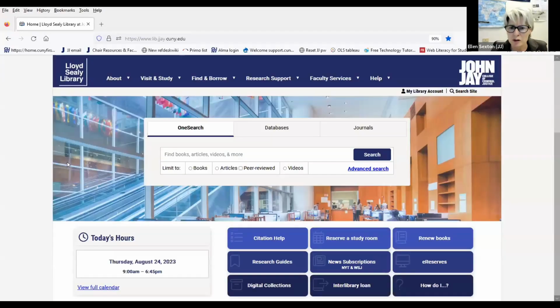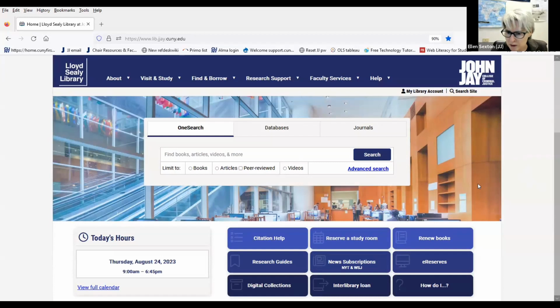So, of course, finding films can be a challenge. And what I want to talk about is, I want to just show you very briefly how to find what we already have, not so much how you can request that we get films for you, but to tell you a little bit about the challenges and the blocks and the opportunities that we run into when we go looking for these films.